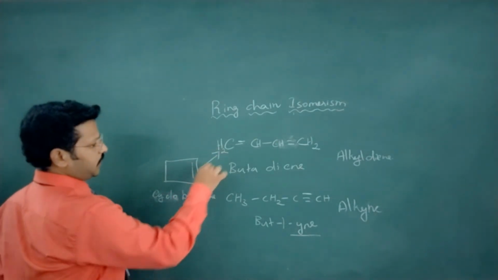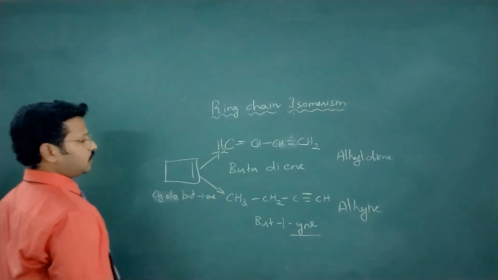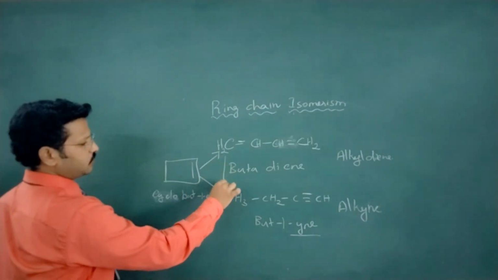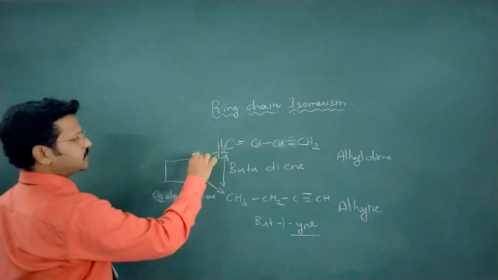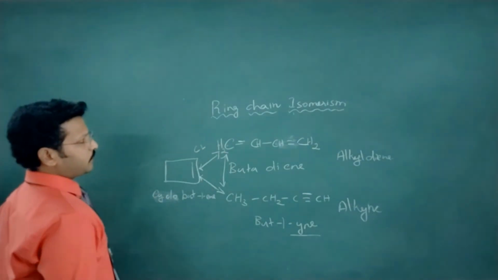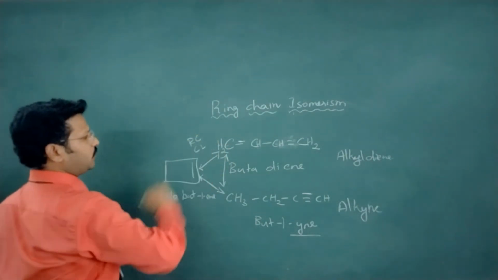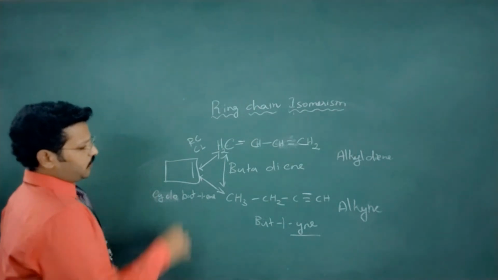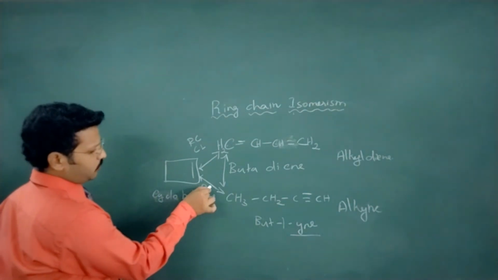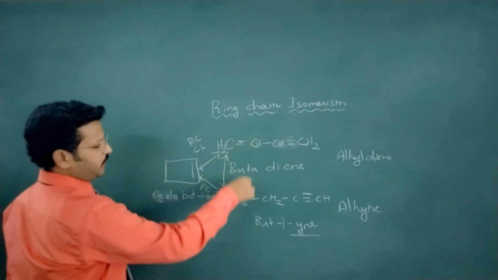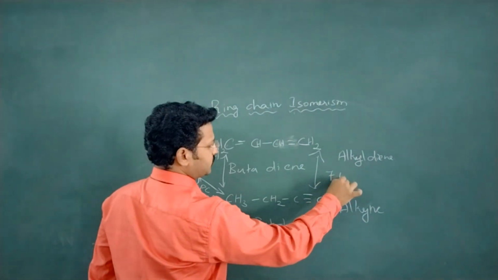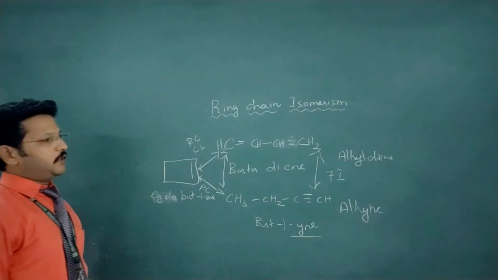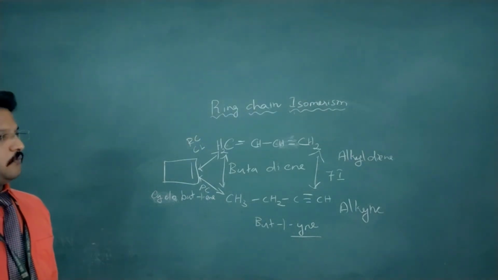These compounds are isomers to each other, and this is chain isomer or ring chain isomer. We will call it ring chain isomer, and this is also ring chain isomerism. And in between these two, we are having functional isomerism. Functional isomerism in the sense, the change in the functional group will be